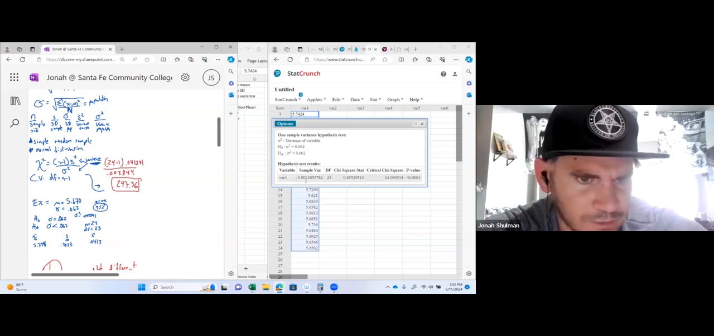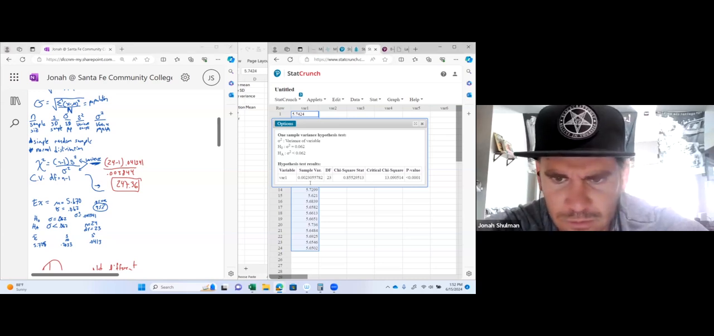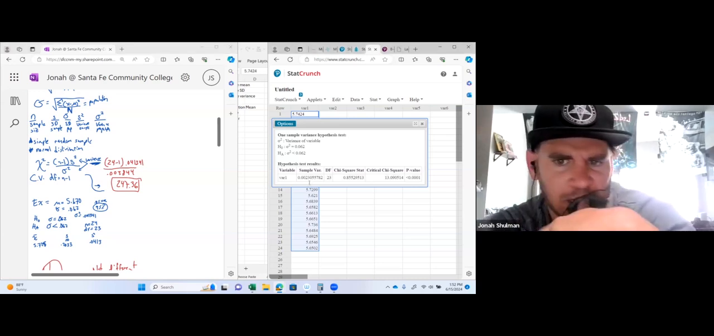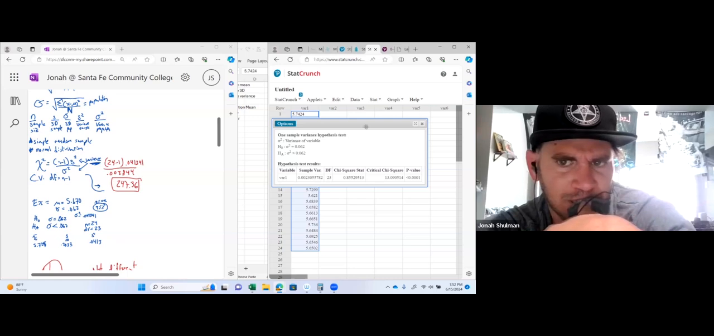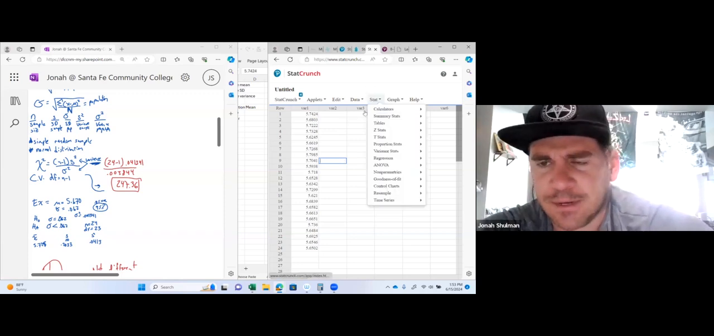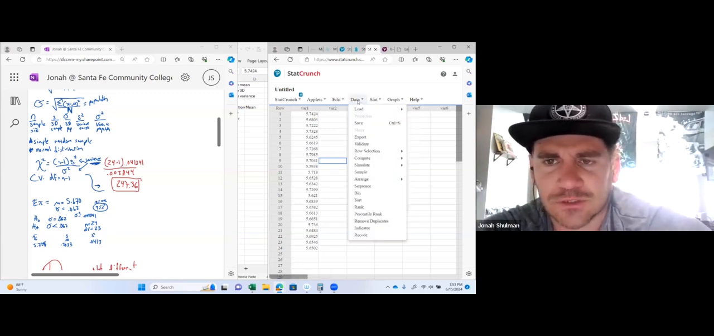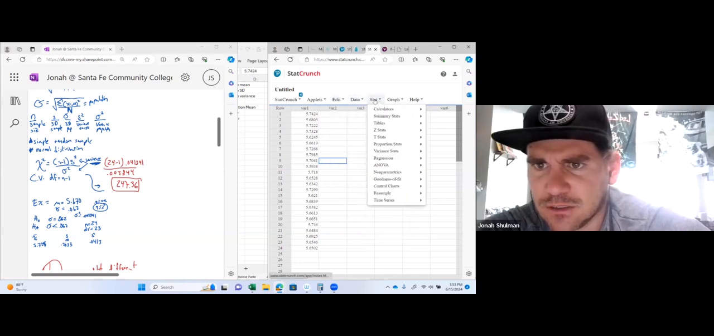The sample variance was 0.00. Why is the sample variance 0.0023 when we just got 0.004? I might have typed something in wrong. Oh, because it's using the original one. So let's actually do this with, since we got the data, this could be before I found the mistake. So let's just do